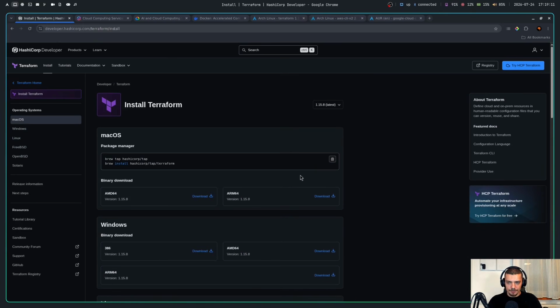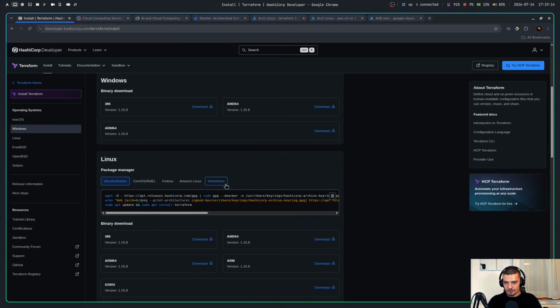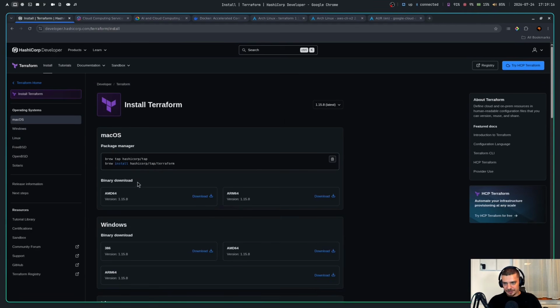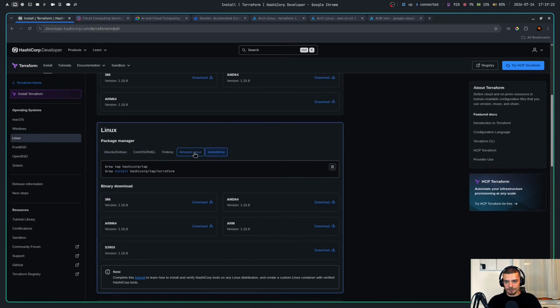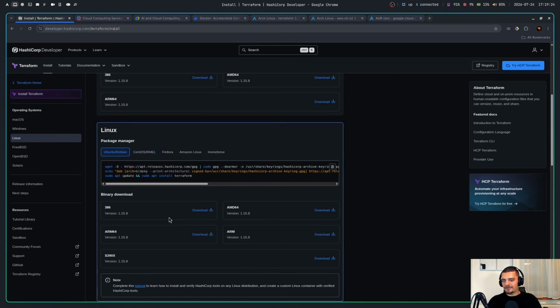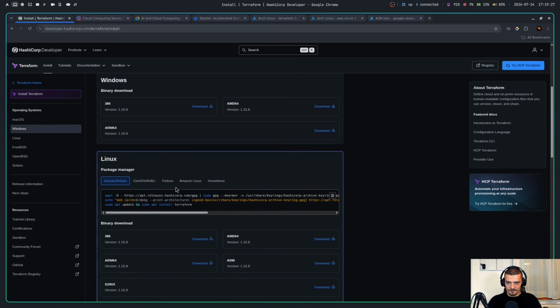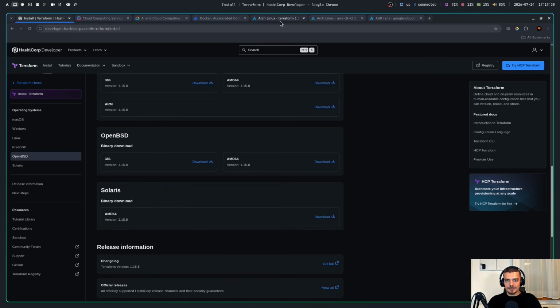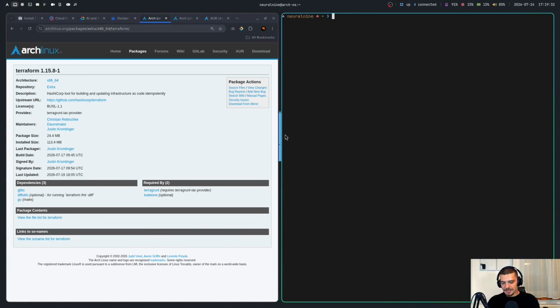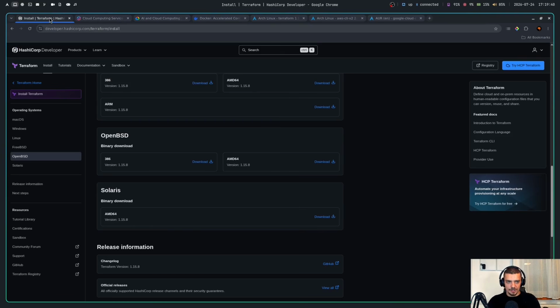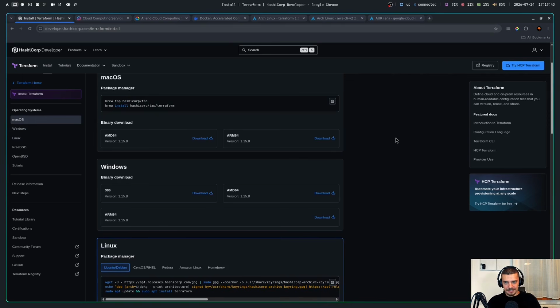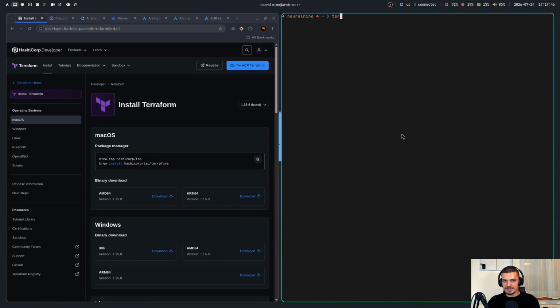Quite simple. Depending on your operating system, you have different commands that you can run, different binaries that you can download. On Mac, you can use Homebrew or the binaries. On Windows, you have the installers. On Linux, depending on your package manager, you have to run different commands. Now, interestingly, they don't have an Arch Linux command here for whatever reason, or at least I don't find it. So if you are on Arch like I am, you can just install the pacman package by saying sudo pacman -S terraform, and this will get it onto your system. It's not really complicated. I assume most of you watching this are quite technical. You will be able to get Terraform onto your system. Then you can just confirm it with terraform --version to see that you actually have it.